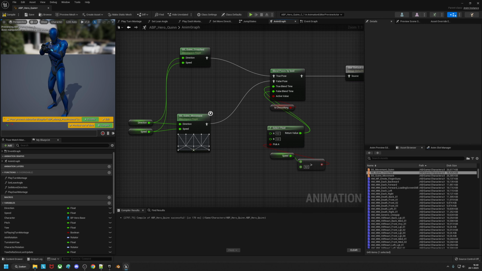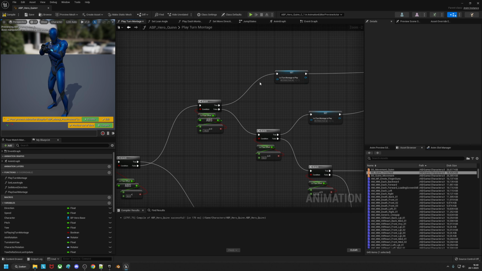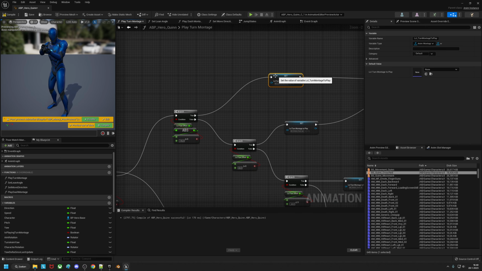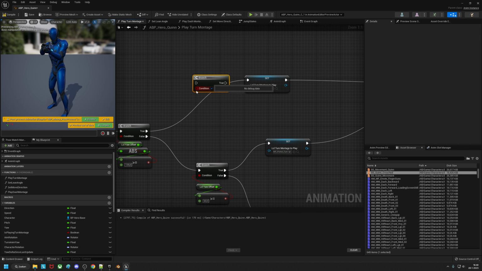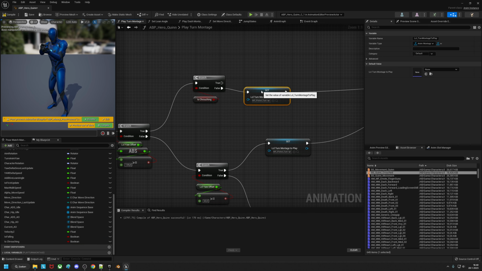So this should take care of our animation graph, and now all we need to do is set up our play turning montage. So let's go into the play turn montage function, not an event, it's a function. I always mess those up. And then in here, before we set the local play turn montage, we can simply add a branch and check if we are crouching. So let's grab a branch and grab our is crouching boolean. So if we're not crouching, plug in the old value, and if we are crouching, we need to plug in